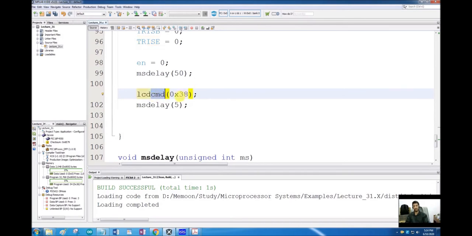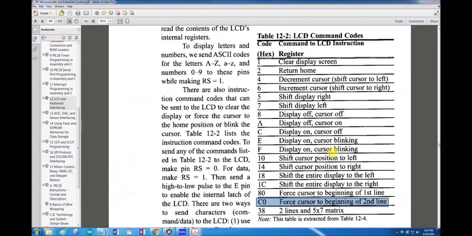How it will send it as a command, I will write this subroutine later. So let's assume this LCD_CMD function is already there. So this 0x38 will now be considered as a command to that LCD. And what this 0x38 means is setting the mode of the LCD into 2 lines and 5x7 matrix. So this is the first thing we have to do. We have to do it in a sequence.